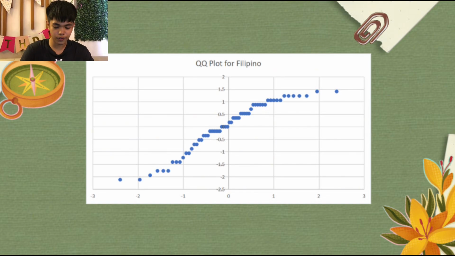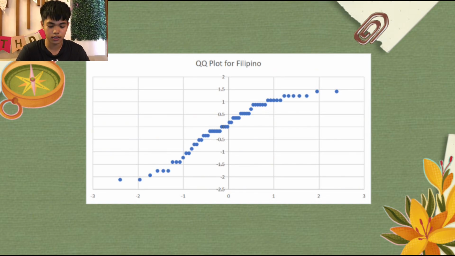The QQ plot for Filipino shows how well the dataset follows a normal distribution. The middle points align with the diagonal, but the tails deviate significantly. The left tail curves downward, indicating the presence of low extreme scores, while the right tail flattens out, suggesting a